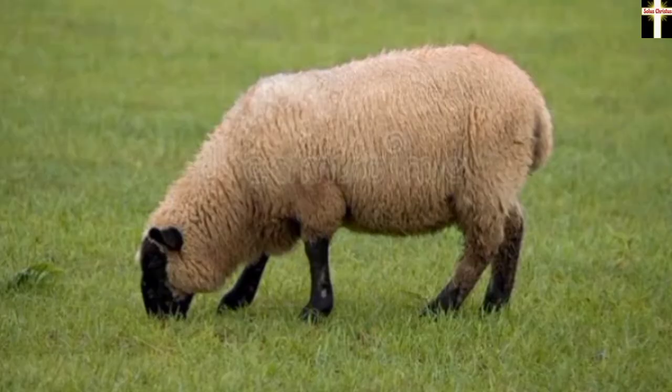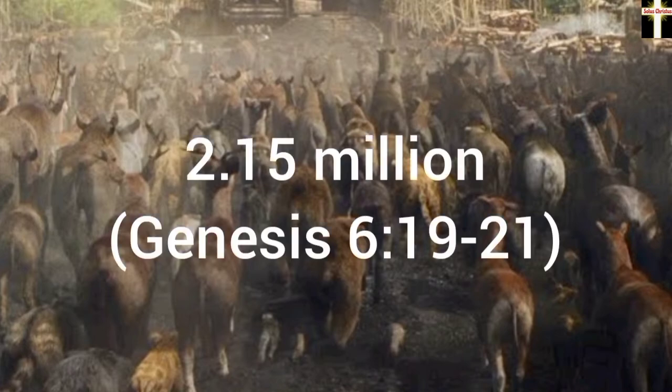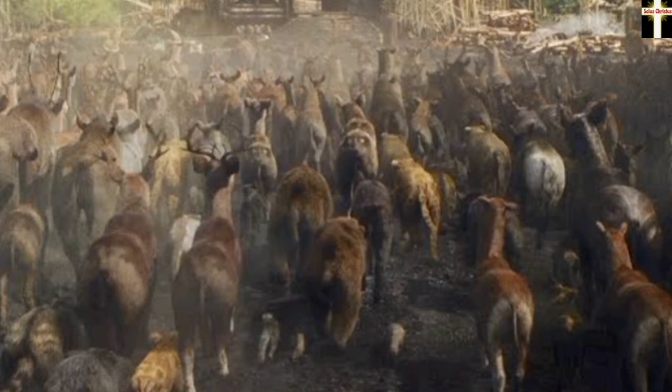The average mass of an animal from a previous study, approximately equal to that of one sheep, was used. The previous study also suggested that there were approximately 35,000 species of animals needed to be saved by Noah, enabling the researchers to conclude, by swapping gopher wood for cypress wood, that the dimensions given in the Bible would have allowed Noah to build an ark that would float with all the animals on board, that the ark with 3 floors would support the weight of 2.15 million sheep without sinking, and that should be enough to support all of the species that were around at that time.